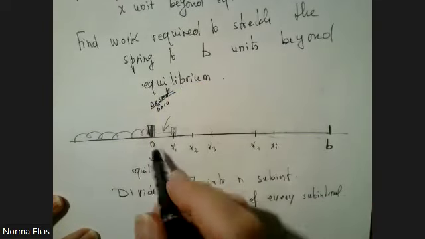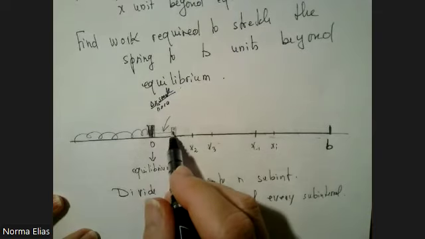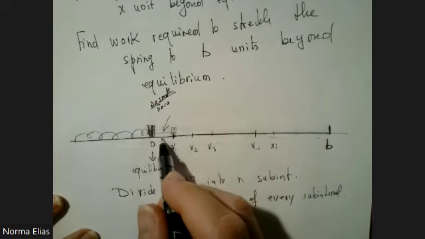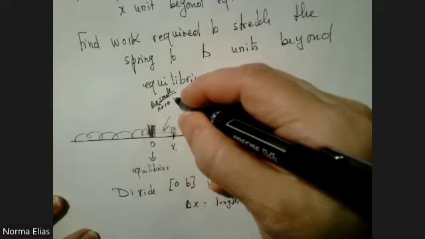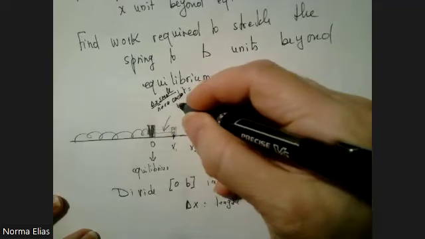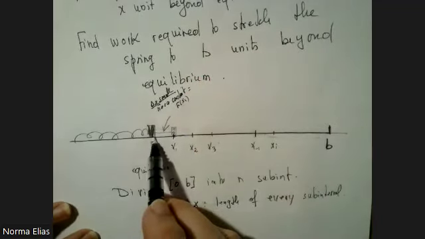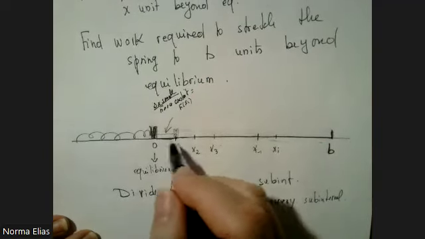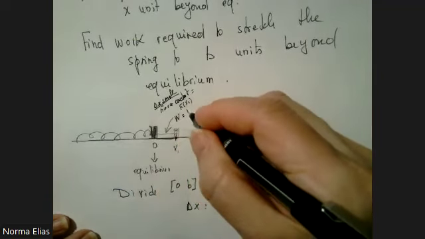And what's the value of the force? You can pick anything in between. You can say that the force to move it from here to here is the same as the force to hold it fixed at x1, or at any point between 0 and x1. So we can assume that the force is constant and it is equal to the force at x1. It doesn't really matter, but for simplicity, I pick x1. So the work to go from here to here is going to be the force